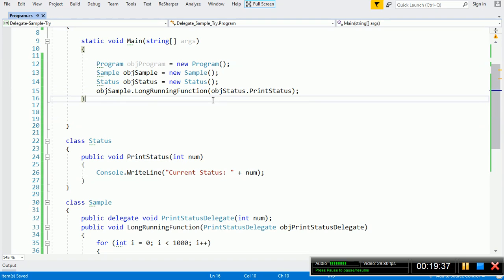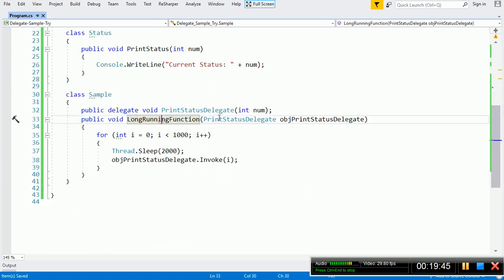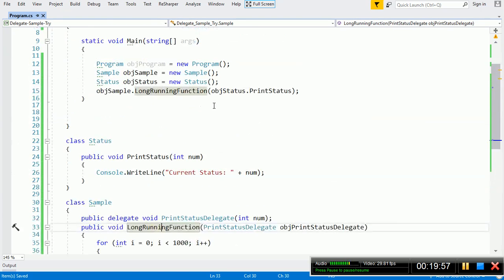This is the address of this function. So in this line, using object sample, we are calling this long running function. This long running function accepts a function pointer which accepts one integer argument, and it will not return anything.